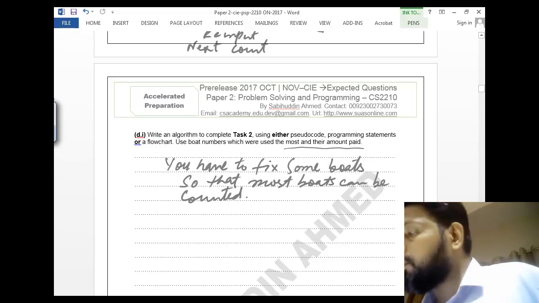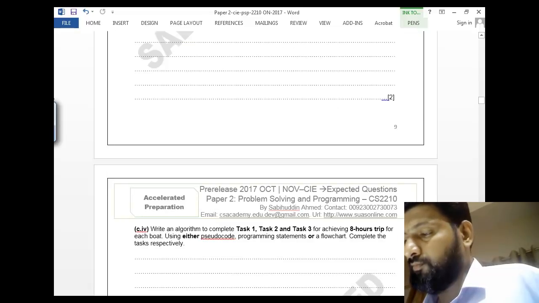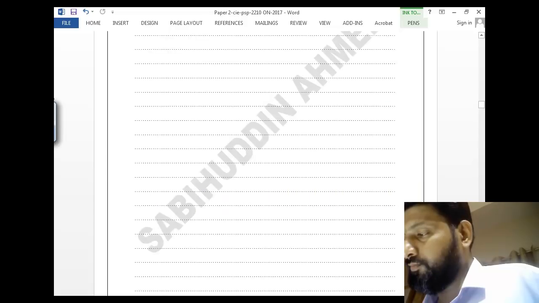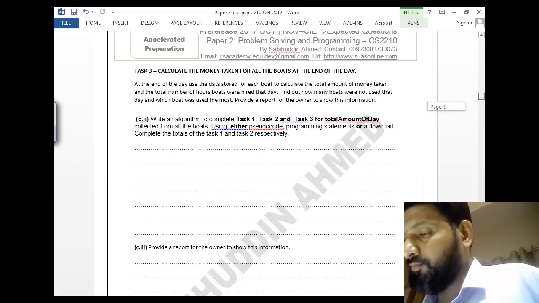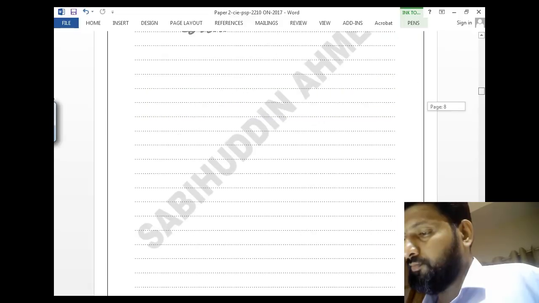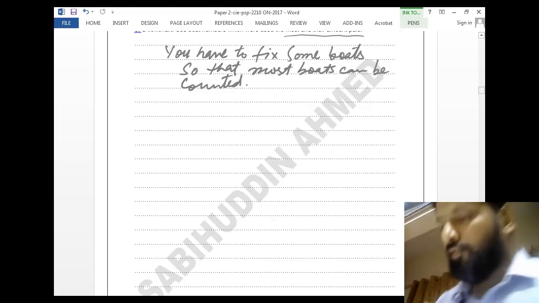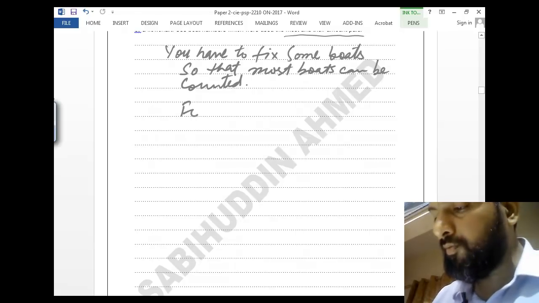So how to do this? So now how to do this? Yes, so first of all you will be using loop for